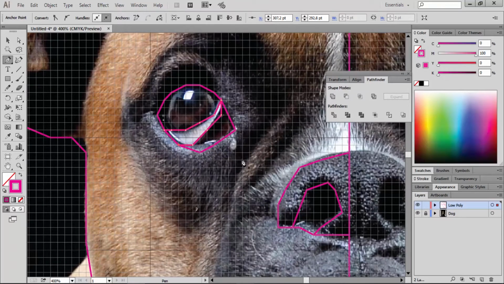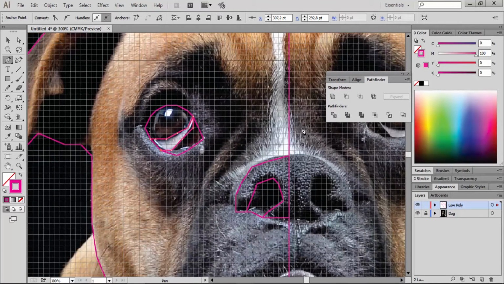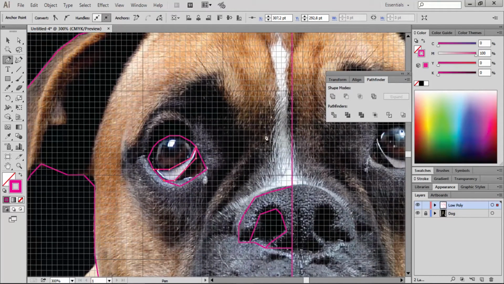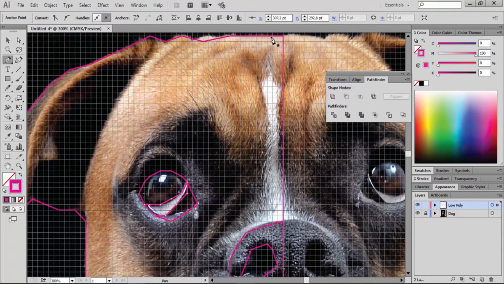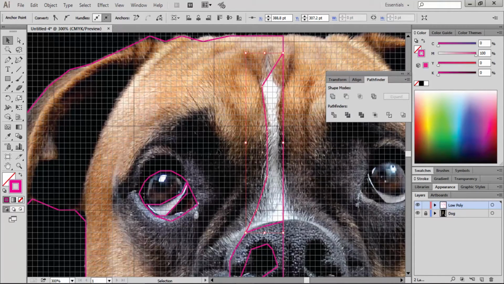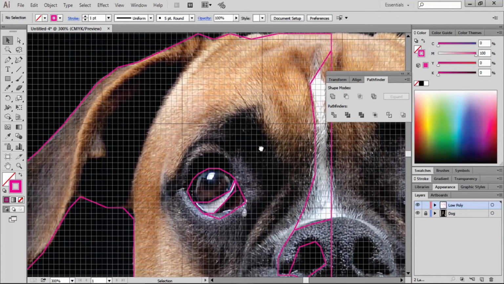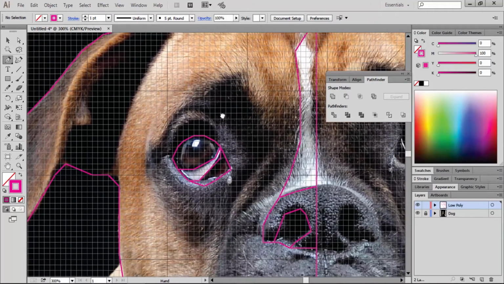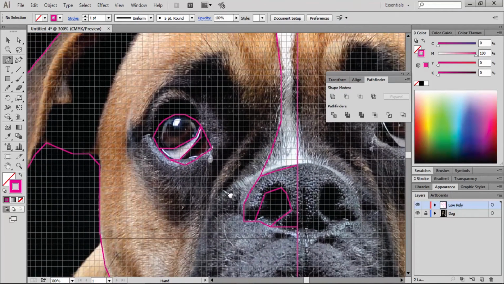And let's see what we can draw now. Oh yes, this white area could be interesting. So let's draw it from here. We go down to the nose, and we can also draw maybe this dark area.